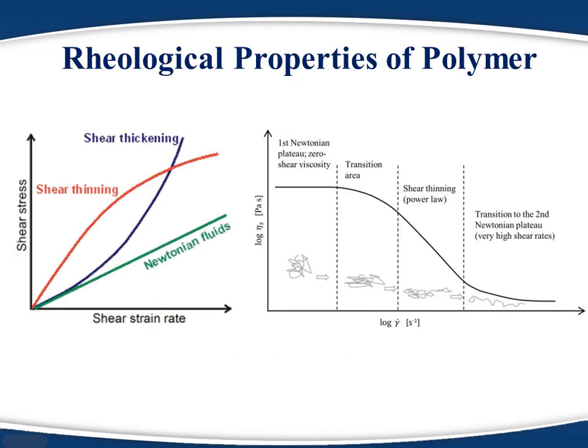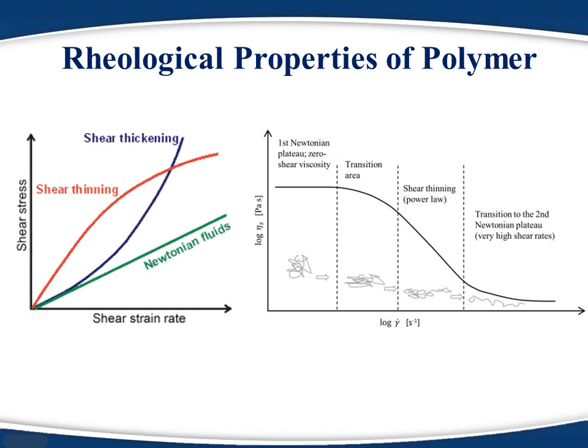Next is the rheological property. Rheological property of polymer significantly differs from metal and common fluids. Flow behavior of polymer, both in solid and melt state, depends on percentage strain, which means how much the material has been stretched, and on time, which means how long load has been applied. Most polymer melts are non-Newtonian fluids because they do not show a linear correlation between stress and strain. The reason for this is that the viscosity of polymeric material changes with changing strain level.